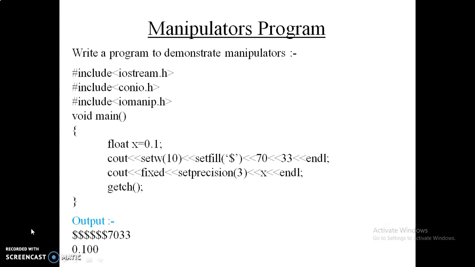Okay. So the third line is cout, that is fixed, and setprecision, where we want to display 3. So it will display the value of x with 3 digits after the point. Okay. So endl will always send your cursor to the next line. So in the output we can see 0.1, that is the value of x, but in the output after 1 there are 2 zeros mentioned. So after the decimal there are 3 digits, as we had mentioned setprecision equal to 3.